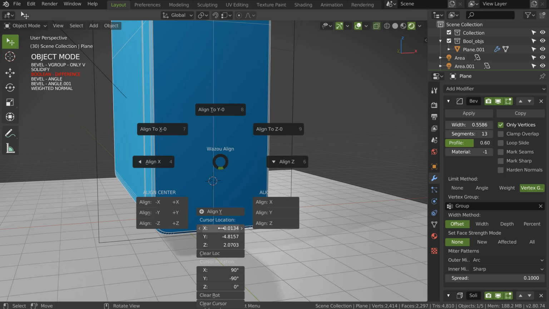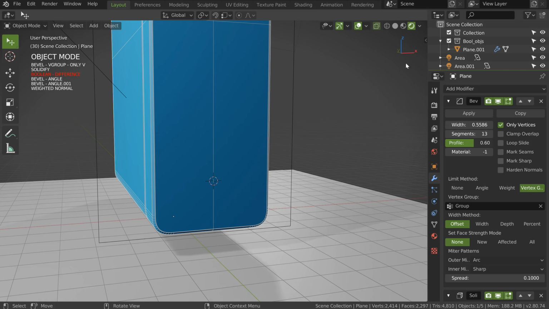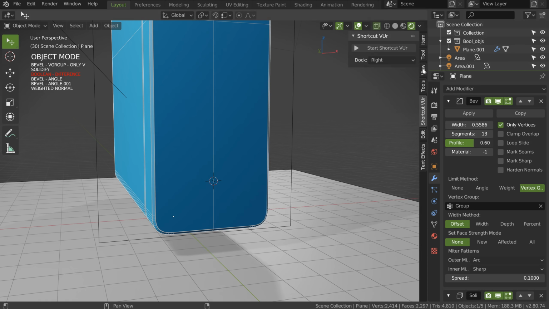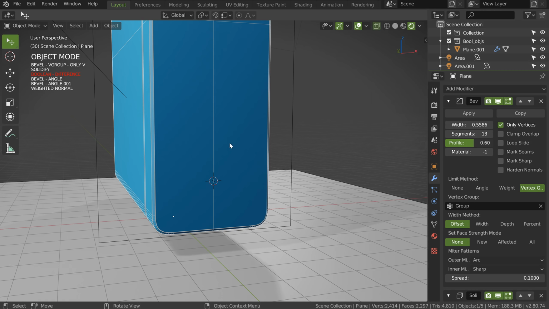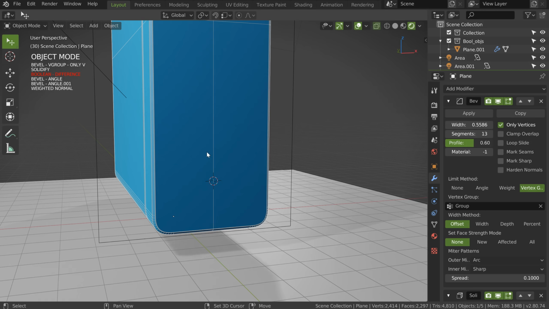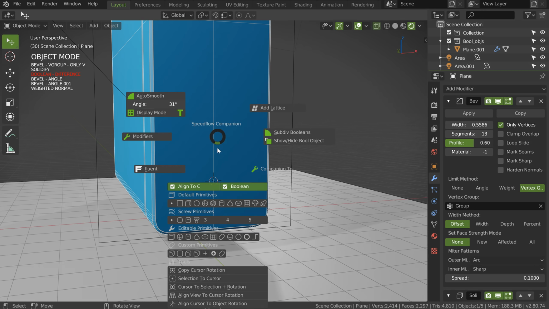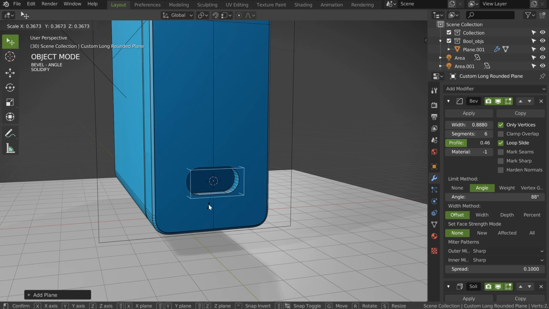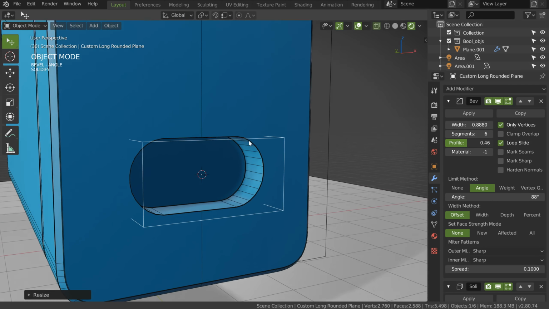so I will call my pie menu because I have this on my pie menu. I will press 0, and if you don't, you will go in View, through the cursor, and place the location X to 0. Just like that, I have my object selected. I will call Companion. I will click on Align to Cursor and on Boolean. After, I will select this one and I will press Alt and click. That will give me this result automatically. So as you can see, this is ultra fast.